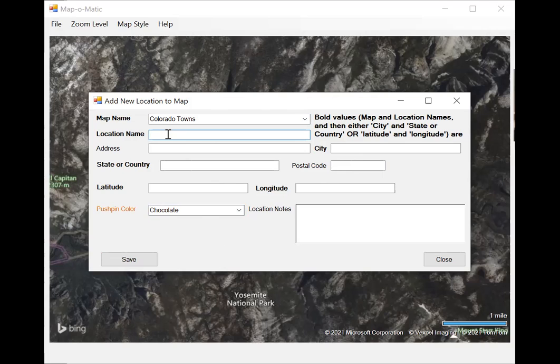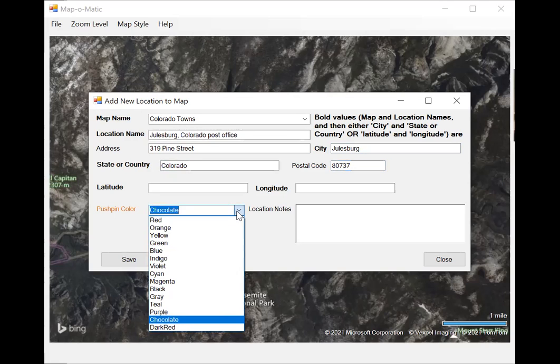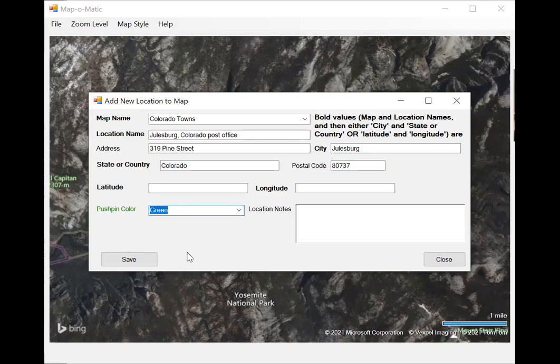So the second one is Julesburg, Colorado. Post office. And that address is 319 Pine Street in Julesburg, Colorado. And the zip code is 80737. And let's see, Julesburg. Let's go with green for no particular reason. Save that. The third one out of 5 we're going to add is Colorado Springs,